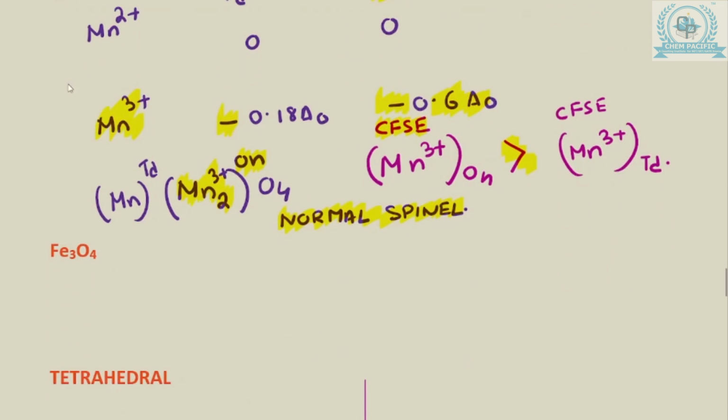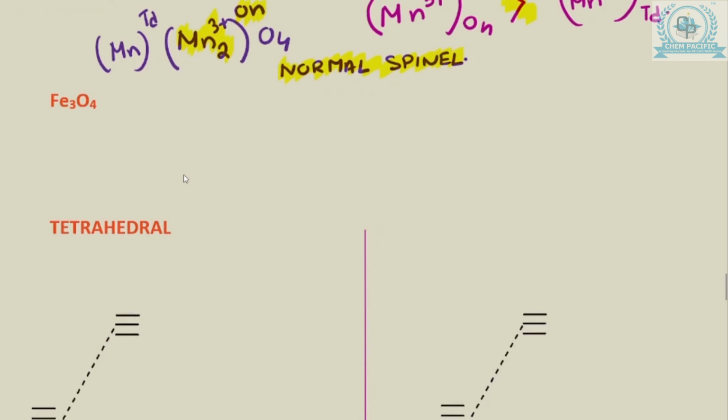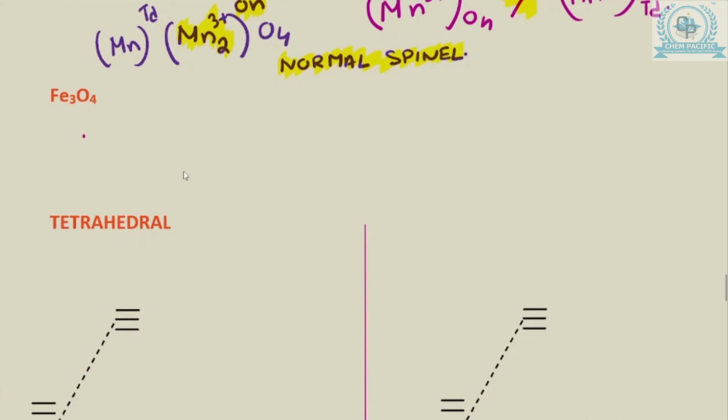Now let us move on to the next one, Fe3O4. So we rearrange Fe3O4 again very carefully. You know that there are 3 metals, so one will be in the 2+ oxidation state and the other in 3+, and the 3+ one gets doubled. I have shown you how the formula is derived. Now,